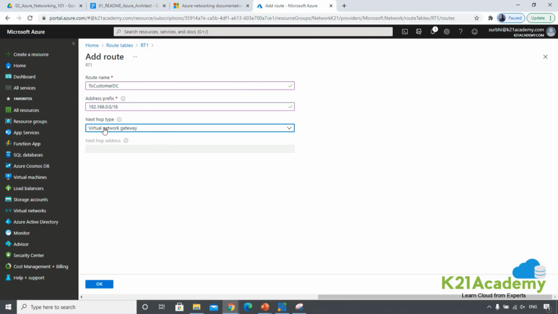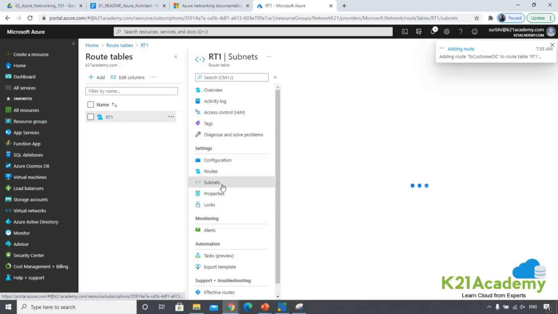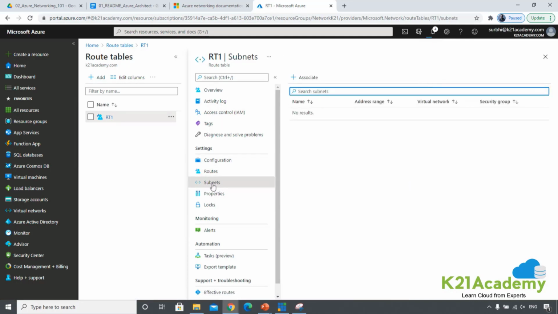That connection will take to the virtual network gateway, and then the gateway will have the definition for further forwarding and where exactly you're going, which is on premise. That's how the connection will be. Click on OK. Now you've added a route, and then you can say on which subnet this routing table is